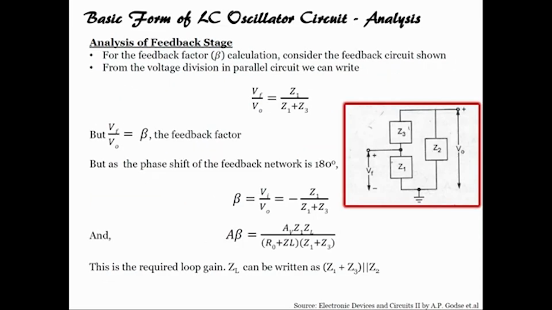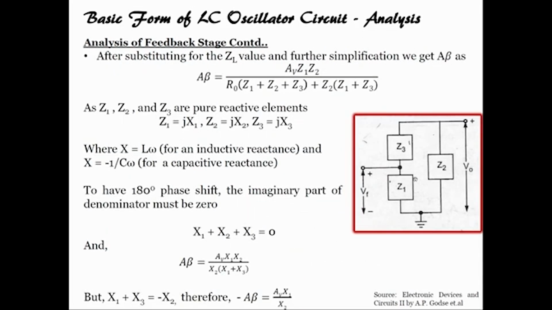Further, when we analyze, we get beta equals Vi by Vo, which is nothing but Z1 upon Z1 plus Z3, with a minus sign, that is the 180 degree phase shift. So, A beta would be given by this formula. This is the required loop gain. ZL can be written as Z1 plus Z3 in parallel with Z2, as you can see here. So, if we substitute and solve this equation,